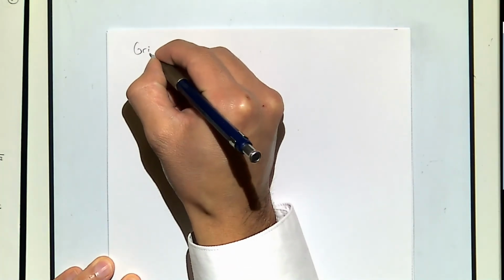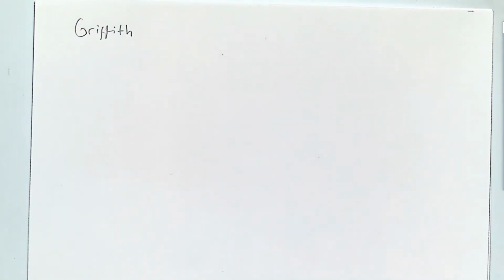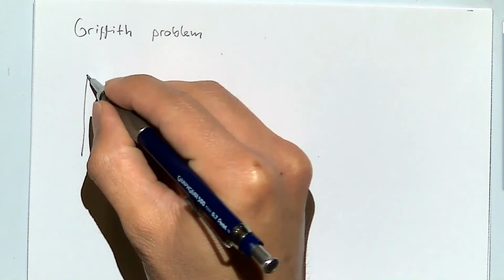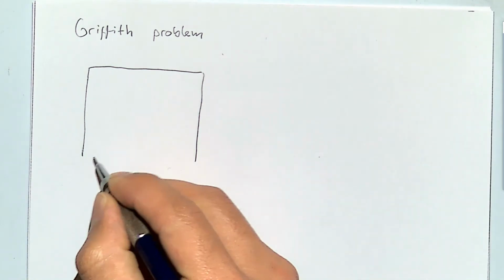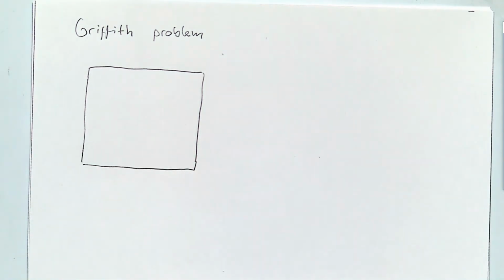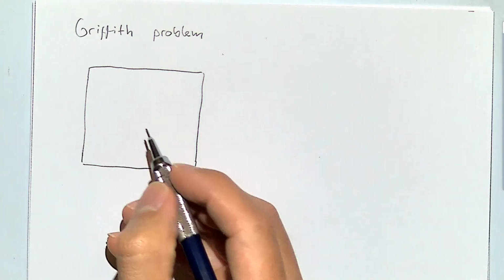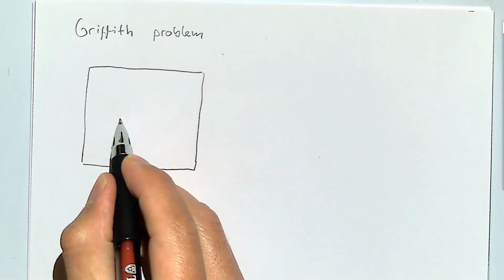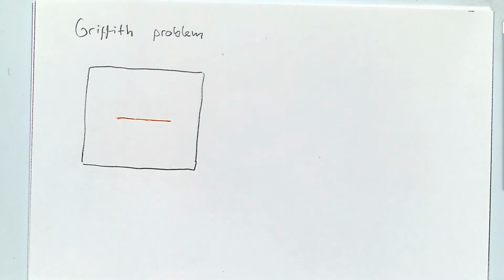And the theory of linear elastic fracture mechanics was developed by Griffith, and the most basic problem that Griffith tried to solve was a problem in which we have a fracture which already exists within a medium, an infinite medium. Here I just make a rectangle because I don't have an infinite amount of paper, but you should imagine this as an infinite medium. Inside we have a fracture,